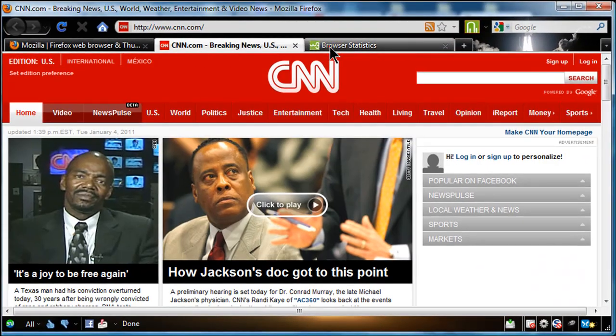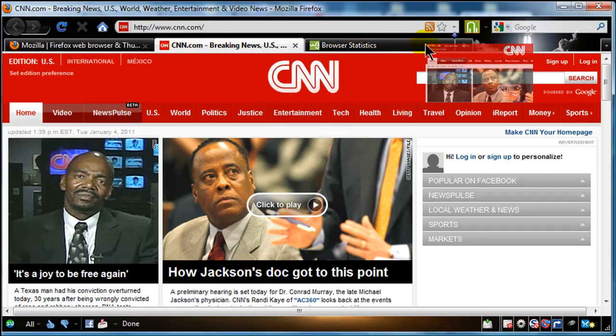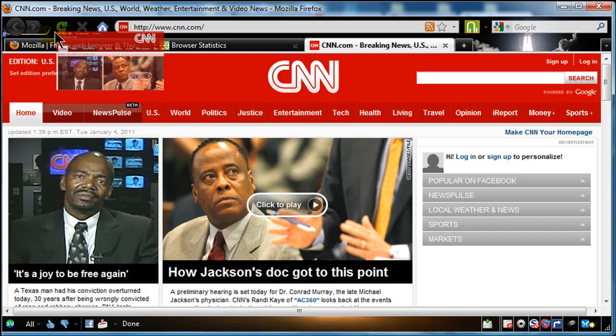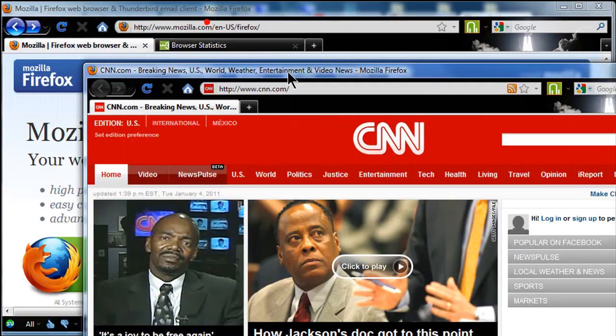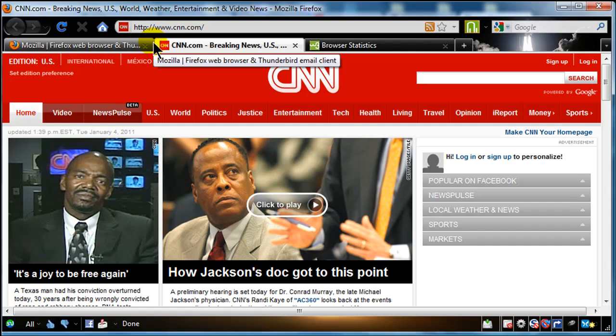As you can see, I've got a multi-tab interface here. Firefox has had this for quite a while, and it's really easy to work with. You can simply click and drag a tab over to the left or the right, and you can even take a tab and drag it outside of the lineup, and you can have a separate session for that particular browser. I can take the tab and drag it back, puts it back into the lineup. That's pretty normal. Open up a new tab, click the little plus there for a new tab, and head over